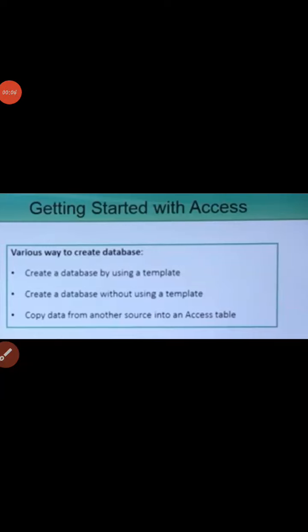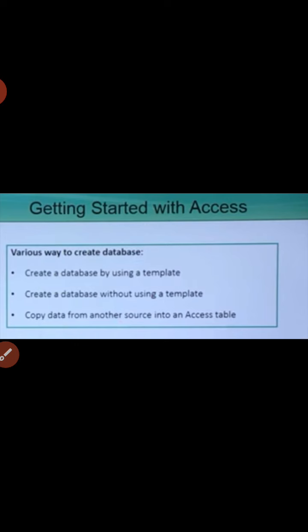Now we have to discuss how to create a blank database in MS Access. So to start with MS Access, as it is displayed on the screen, we have three ways. We can create a blank presentation, blank database.